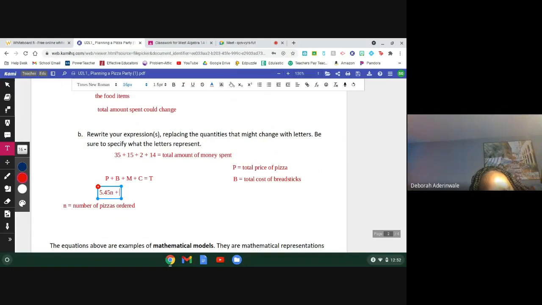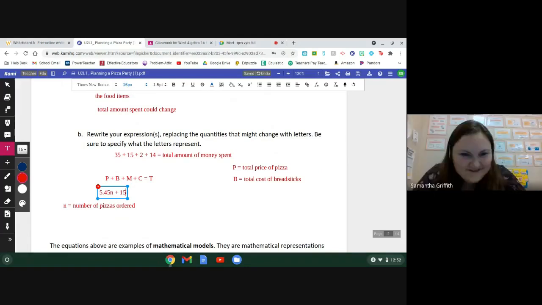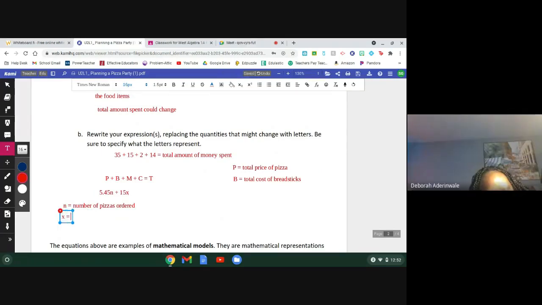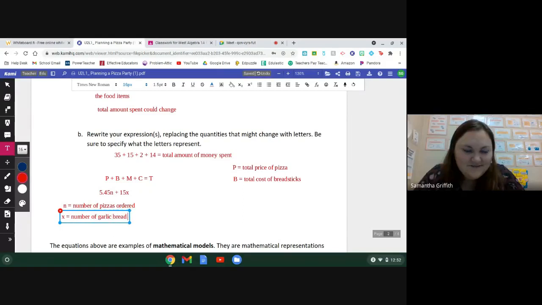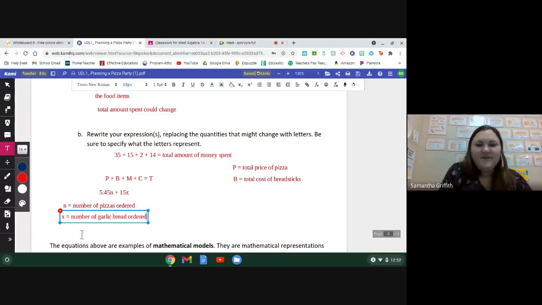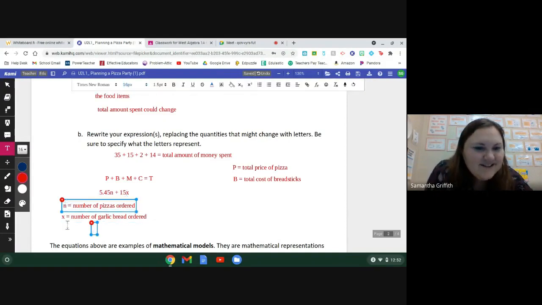It's going to be 15. I don't want us to use hen again. I agree. Yeah, 15x. And then X represents? X represents the number of garlic bread ordered. Okay. So if one garlic bread order costs $15, this is telling us $15 times however